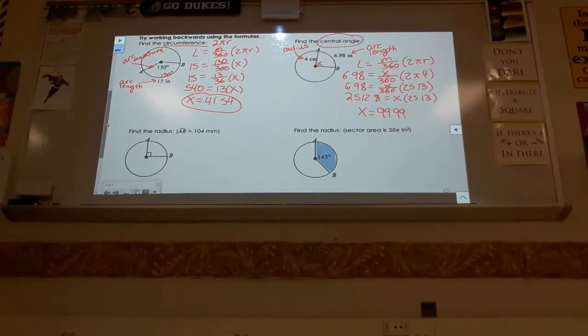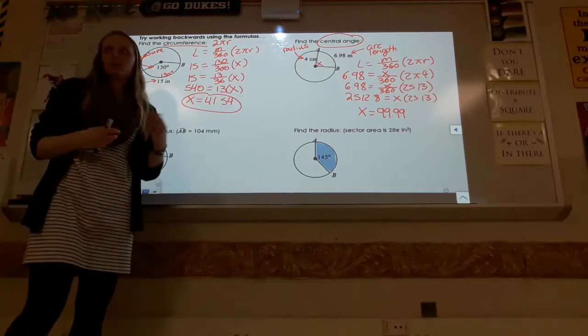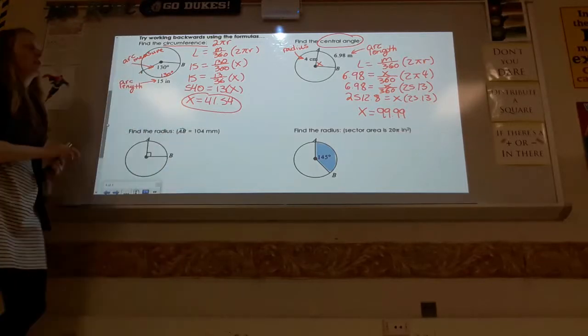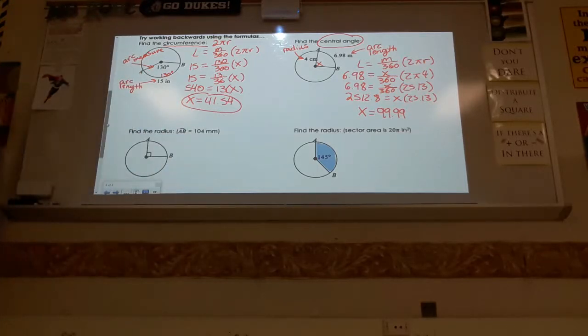Right? And solving backwards can do more work, but it's just algebra, and you guys have been through algebra already, so I expect you to be able to do that. Alright, so what I'm going to have you guys do is see if you can do the last two on your own. Again, figure out what do I know, what am I looking for, which formula will help me get there, plug it in, solve backwards. Alright, so go ahead and practice a little bit with those, and then we'll